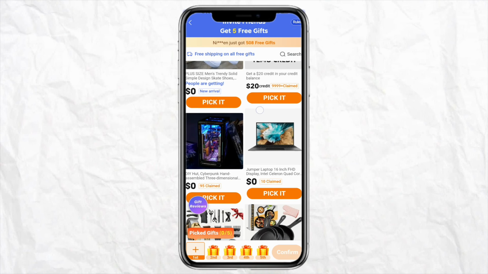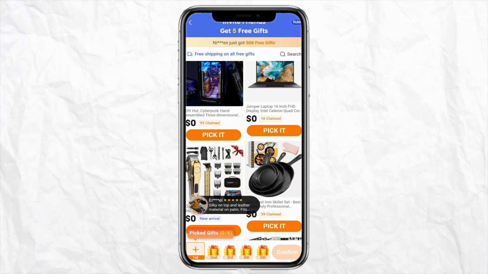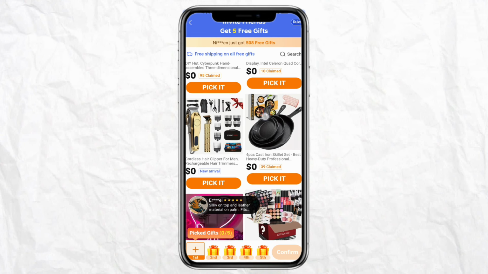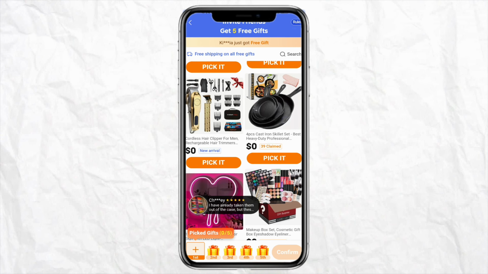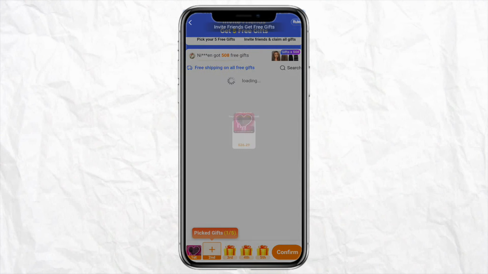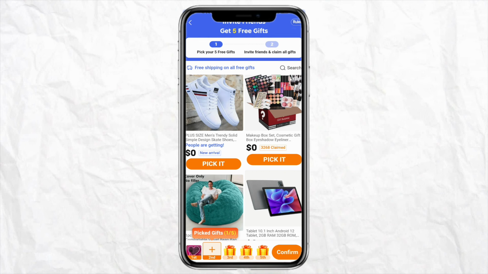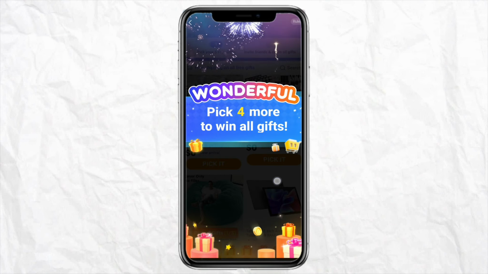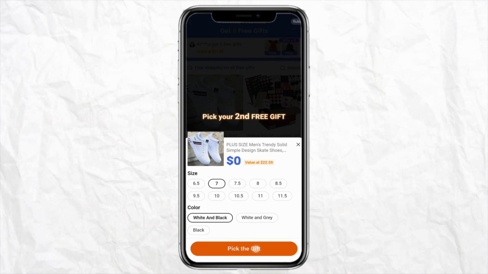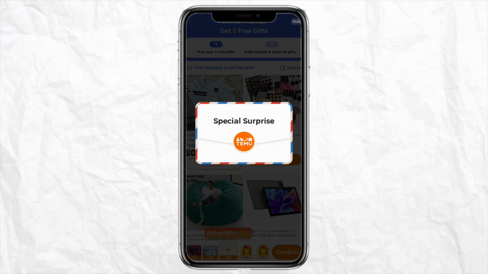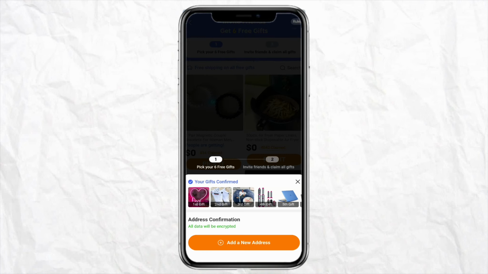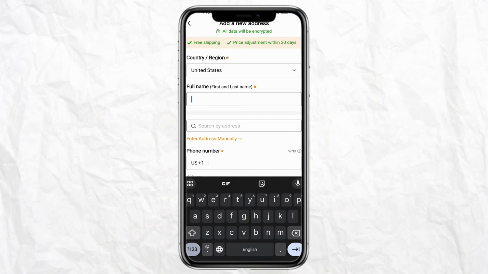Now you will see there are items that you can select for free, basically $0. So you can claim them just by selecting them. For example, I'm selecting this particular mirror right here. Just click on pick, and as you can see it is giving me free, and you have to select another item. I'm selecting these shoes with the size, and just like that you select all the gifts right here. Now once you are done, you have to go ahead and enter your address, and once you enter your